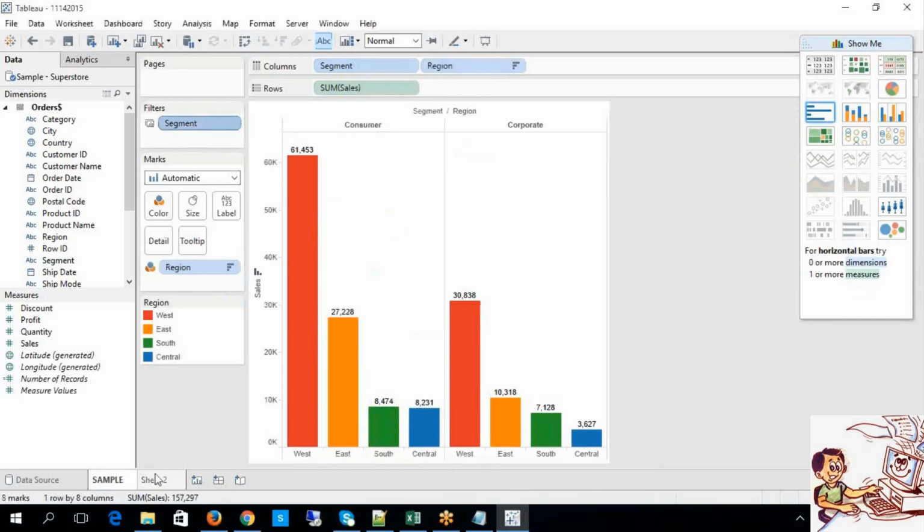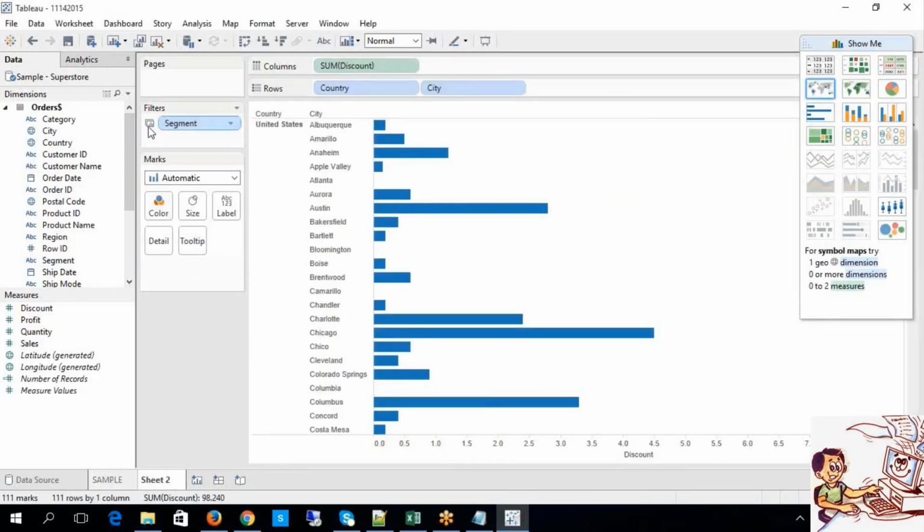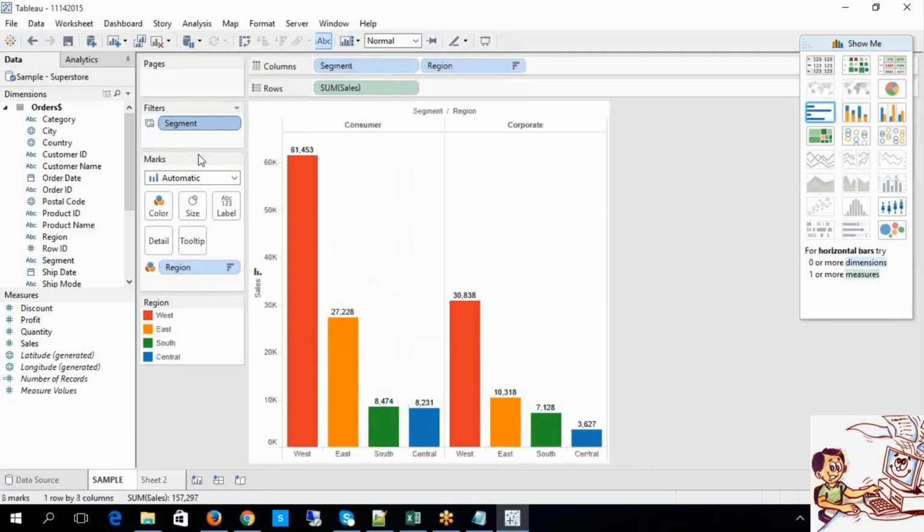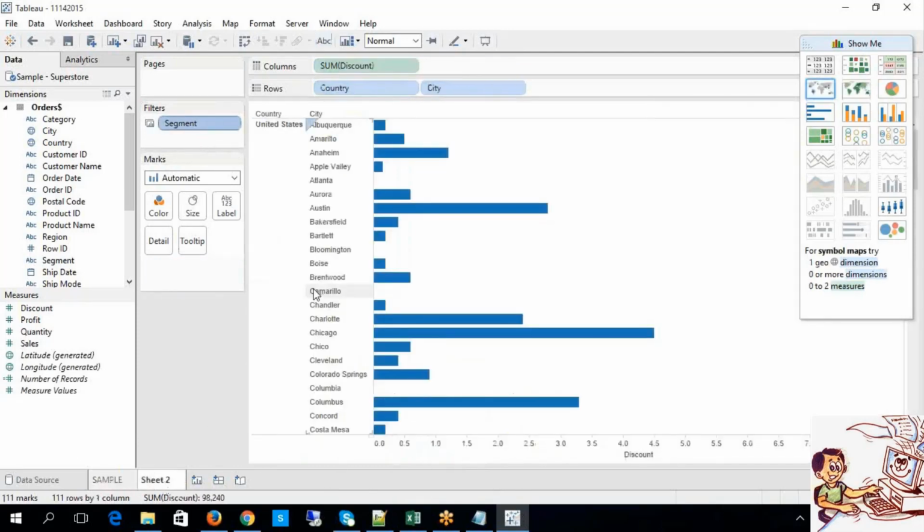This is the icon for the sharing filter. On the left side, what you are seeing here, that is the sharing filter. So far, we have applied this to the individual worksheet as well as to the sharing, to distribute it to the other worksheets.